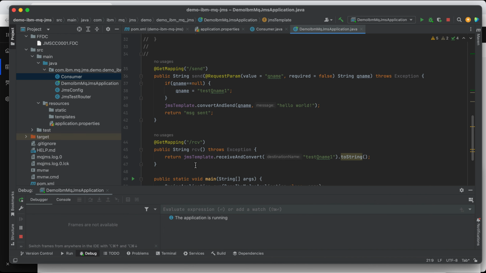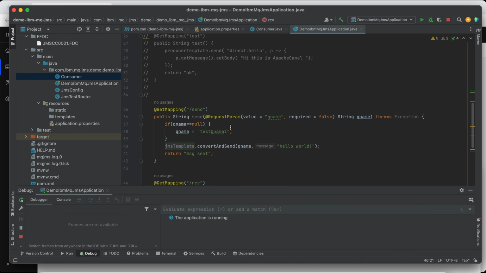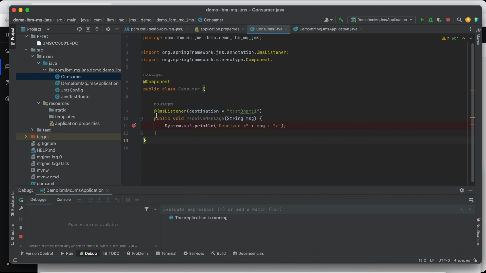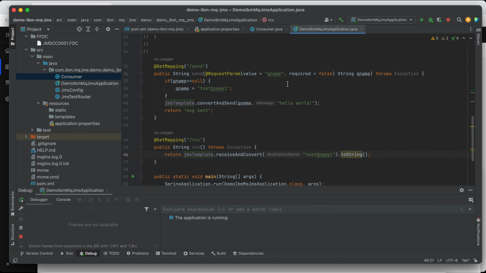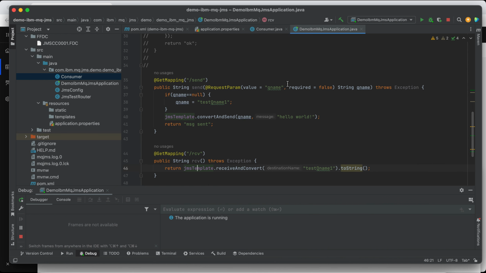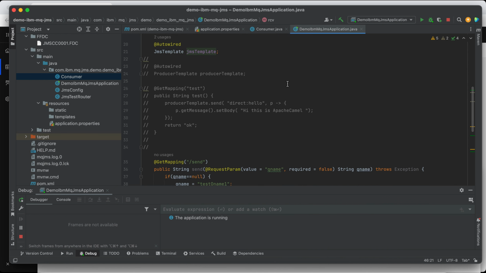And then we can also subscribe using the JMS listener to the same queue name. The next one that I'm going to show you is how to use Apache Camel to integrate a Spring Boot application to our IBM MQ.